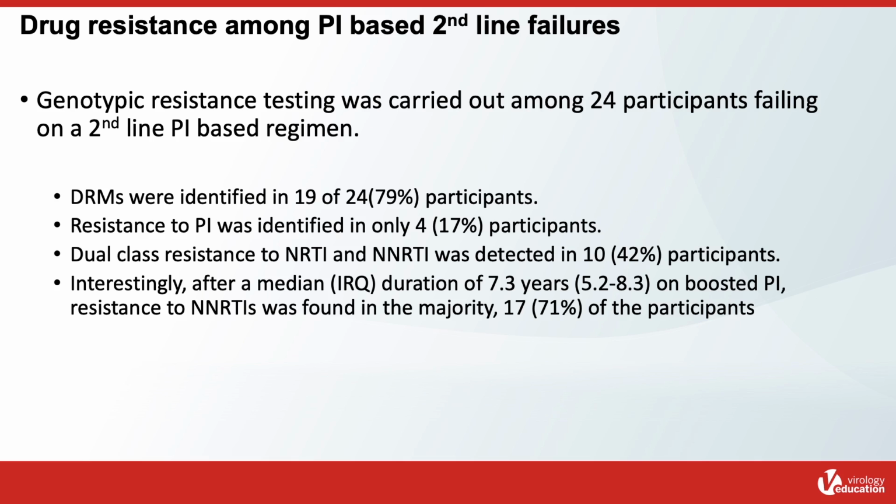Genotyping resistance testing was carried out among 24 participants failing on a second-line PI-based regimen. Drug-resistant mutations were identified in 19 of the 24 participants. Resistance to PI was rare and was identified in only 4 participants. Dual-class resistance to NRTI and NNRTI was detected in 10 participants. Interestingly, after a median duration of 7 years on a boosted PI, resistance to NNRTI was found in the majority,